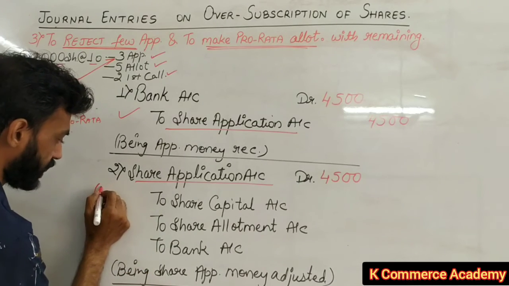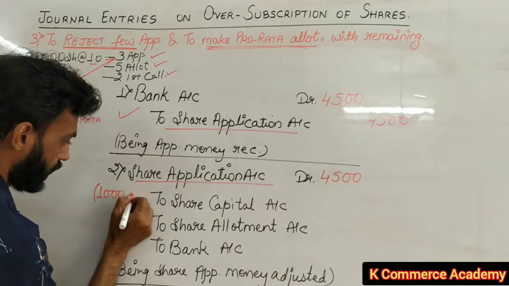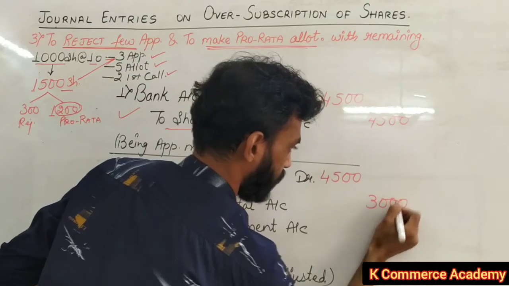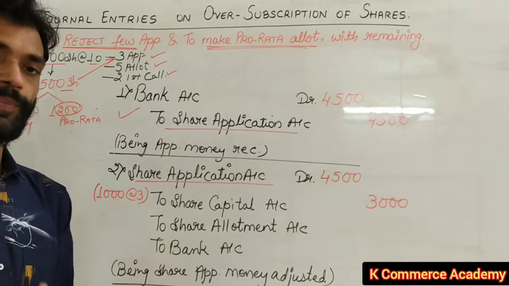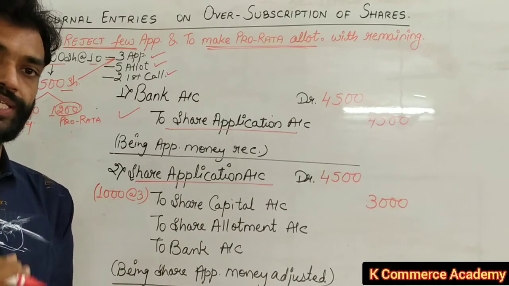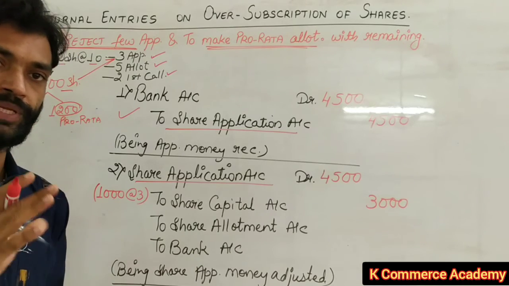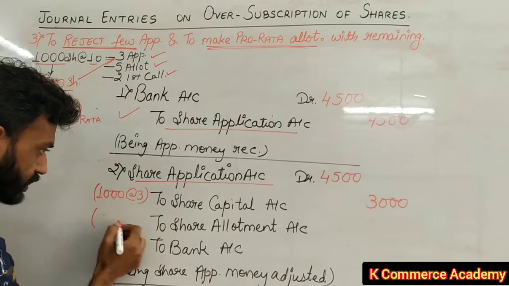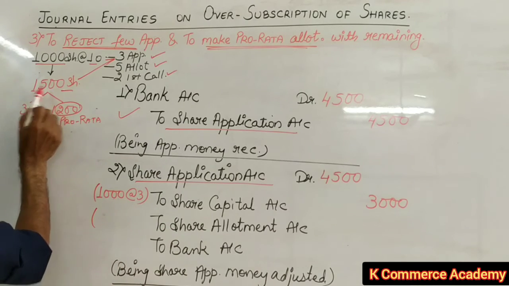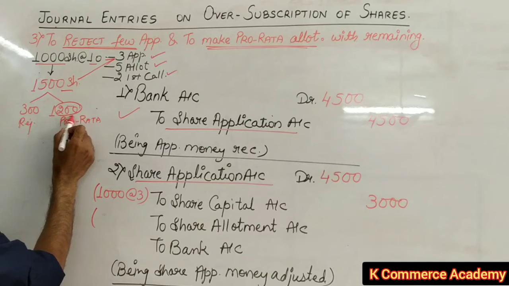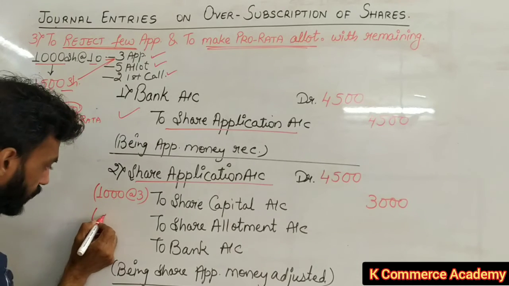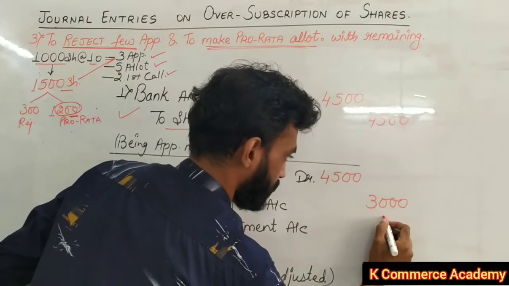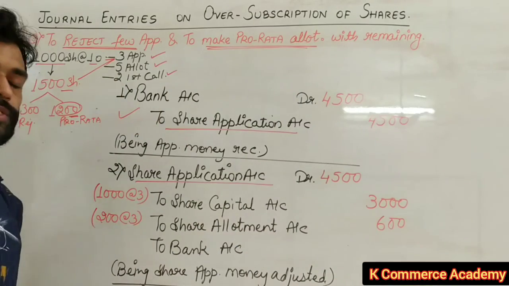In share capital we will transfer on 1000 shares at the nominal value of rupees 3, rupees 3000 will be transferred towards share capital account. मैंने आपको पहले भी बताया share capital account is always credited with the nominal value of share only. After that, how much amount will be transferred in share allotment? तो ये देखिए, out of 1500 आपने जो pro rata allotment किया वो 1200 के साथ में किया है, तो 200 shares पे 3 रुपीज की रेट से 600 रुपीज हम ट्रांसफर कर देंगे कहां पे,